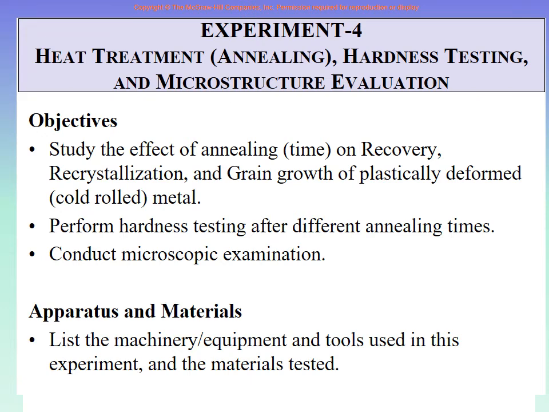So now you know, after tempering for 10 minutes, how does the microstructure look? Similarly, you temper it again, put it back, temper it for 20 minutes, temper it for 30 minutes and so on, and you see the microstructure. Also, before you start heat treatment, you have the original brass sample with the maximum cold work, you have its hardness value. So hardness is also important.